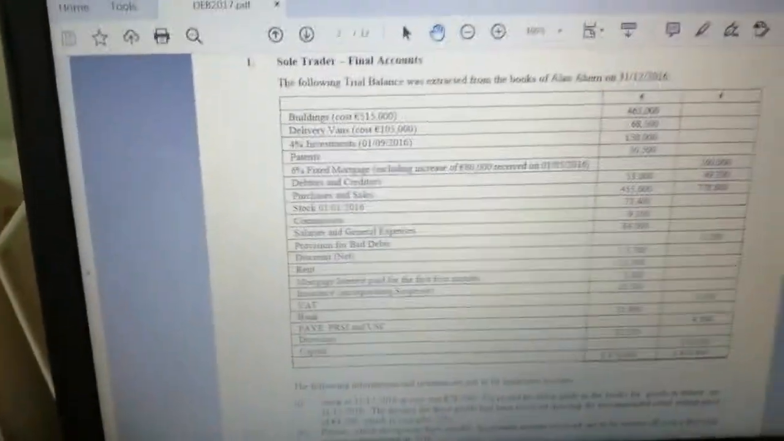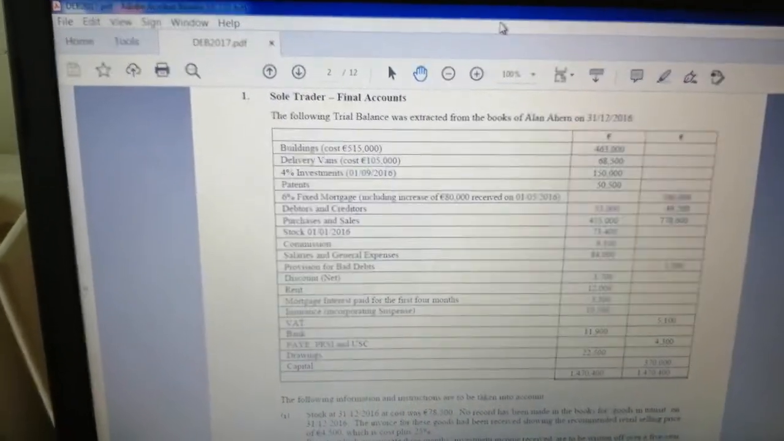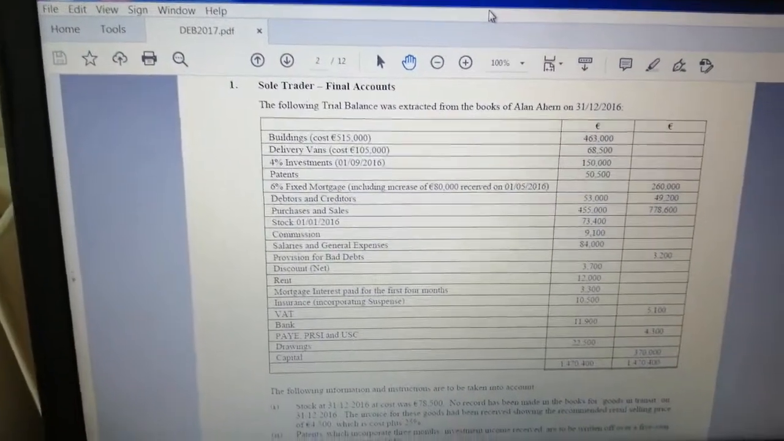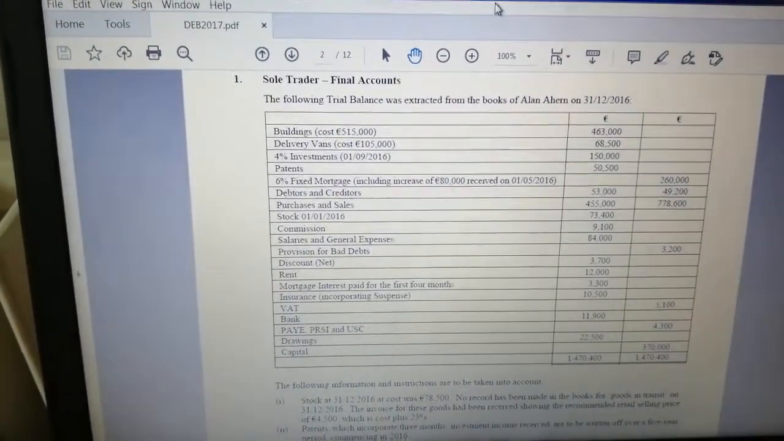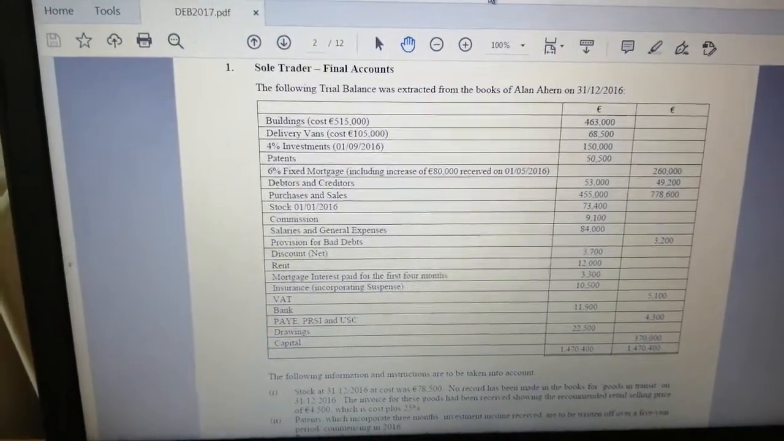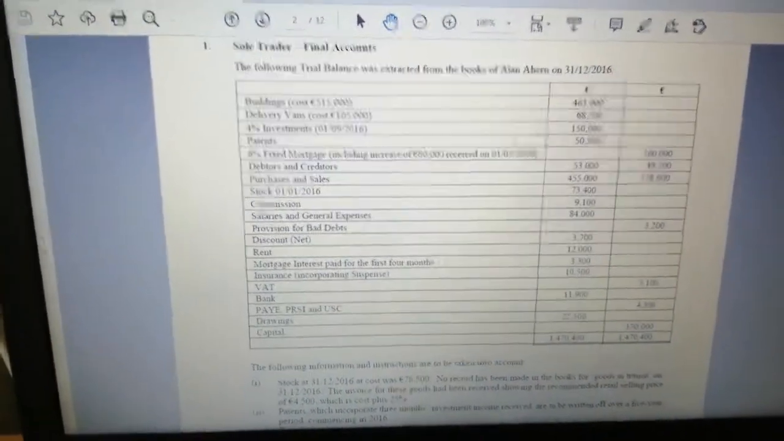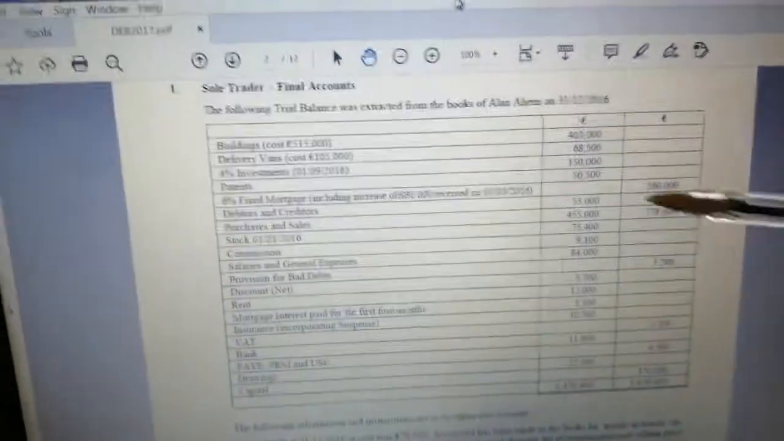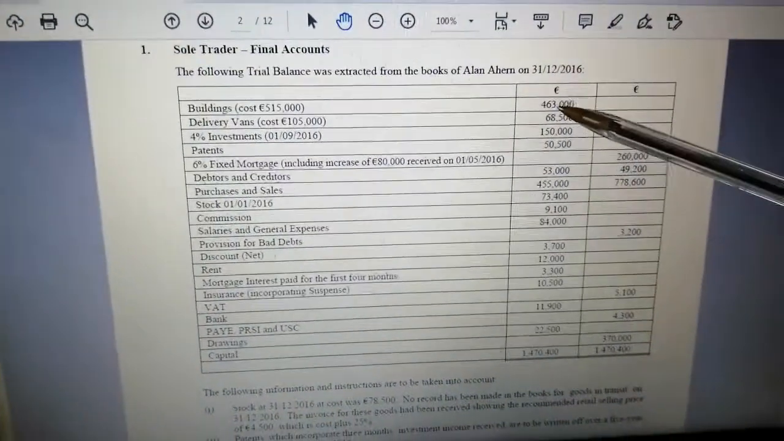Okay, morning all. Today we're going to look at the DEB 2017 sole trader account, and we're just going to look at a few small parts of it: the suspense entries, and the investment interest due and mortgage interest due. So I don't have a paper version of this question, so I'm just going to be looking at the electronic